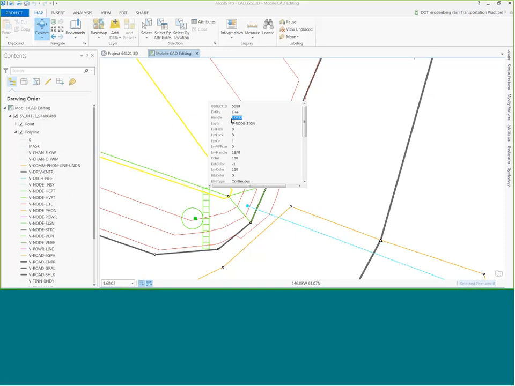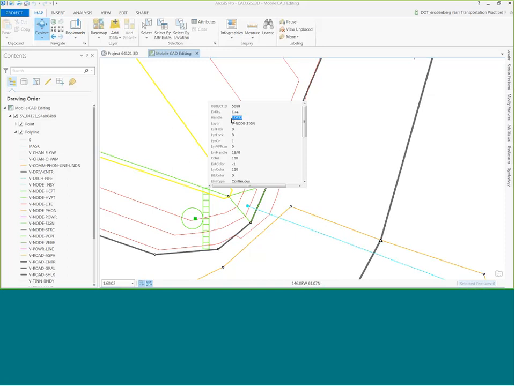So I did a test back in December where I created a relationship class between the points and the lines in the CAD. So I went in and I created a relationship class specific to signs. And I used the handle as the foreign and primary key, or the primary and foreign keys, and I created